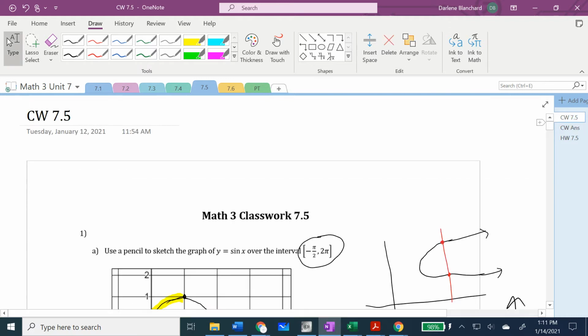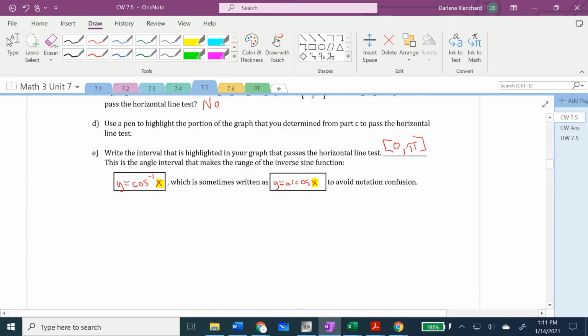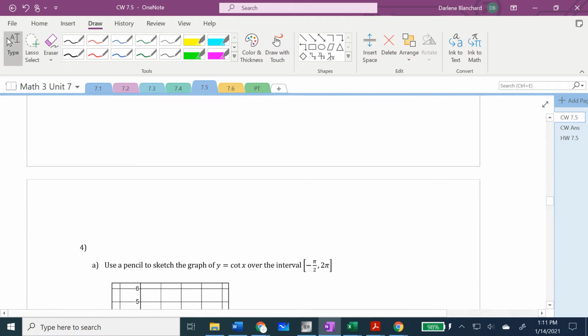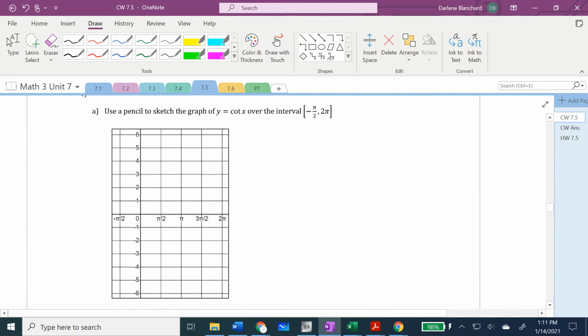Okay, next, we're going to do cotangent. So I want everyone to remember, how do I graph cotangent? I would say first start with the fact that cotangent is cosine divided by sine. When denominators are equal to 0, you will get vertical asymptotes. Sine is equal to 0 at 0,